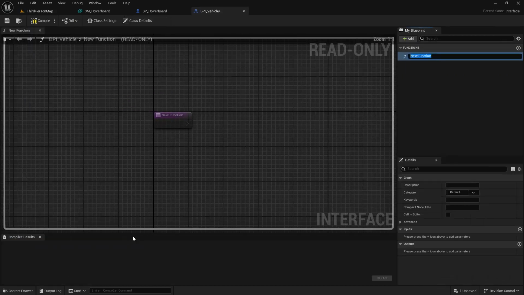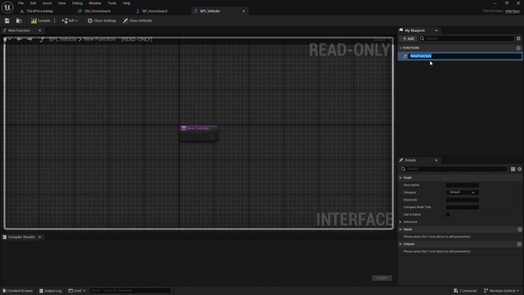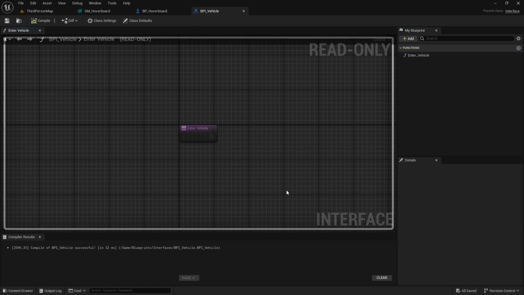So let's open this interface, and let's create the first function of the interface, and this function will be enter vehicle, like this. Let's compile and save, and now we just need to implement this interface in the hoverboard. But before implementing the enter vehicle function in the hoverboard, we need to create a socket